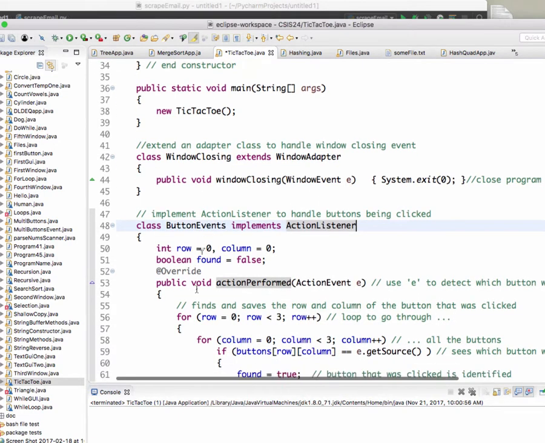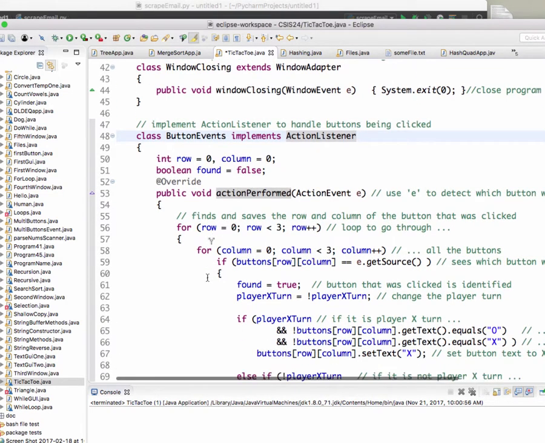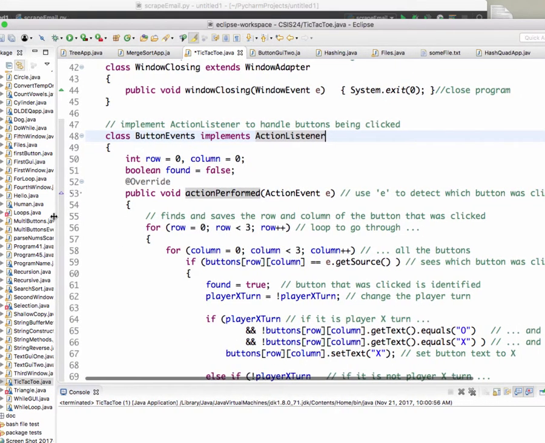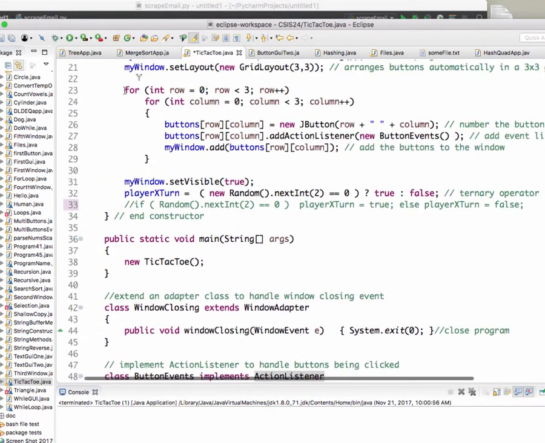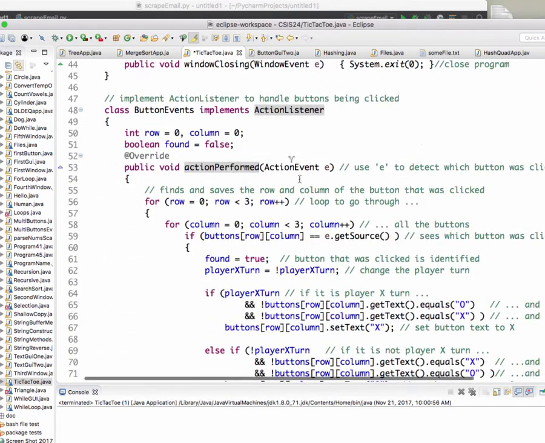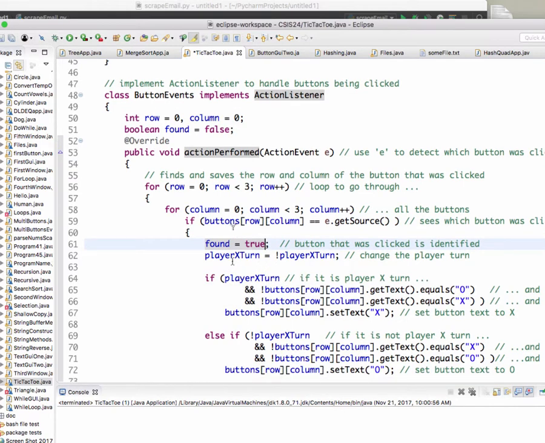And what we're going to do in here is I basically look for which button was clicked. How do I identify which button was clicked? Again, I'm just going to use the same kind of nested loop scheme that I have on top. Same thing to find my button that was clicked. How do I know which button was clicked? Well, if any one of these array of buttons is equal to my E get source, then that button was clicked. And at that point, I just say found is equal to true,